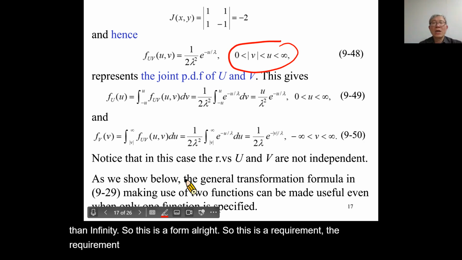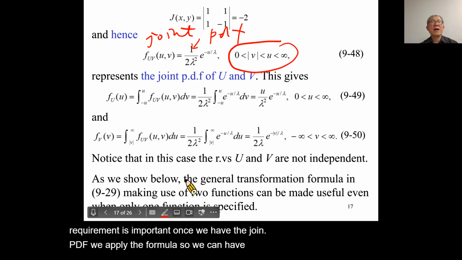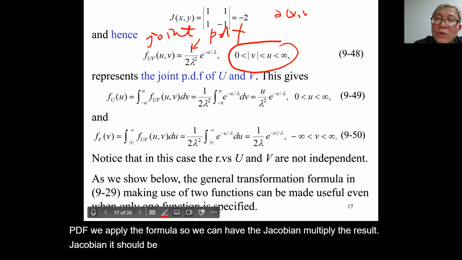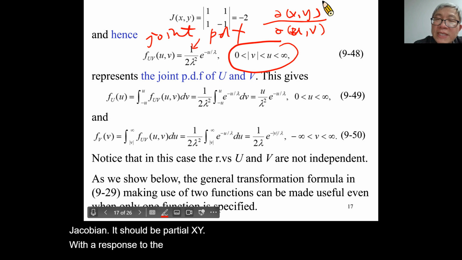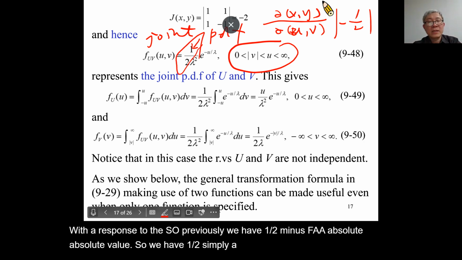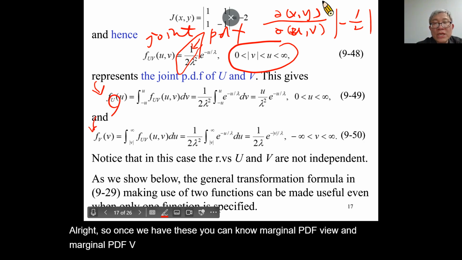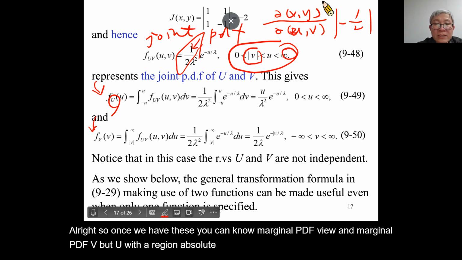The requirement is important. Once we have the joint PDF, we apply the formula, so we can have the Jacobian multiply the result. The Jacobian should be the partial of x, y with respect to u and v. So previously we have a half minus a half absolute value, so simply a half. Alright, so once we have this, you can know the marginal PDF of u and the marginal PDF of v, but u within the region from absolute value of v to infinity. So absolute value,